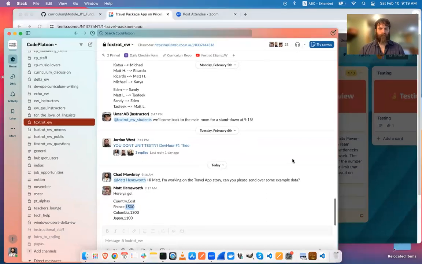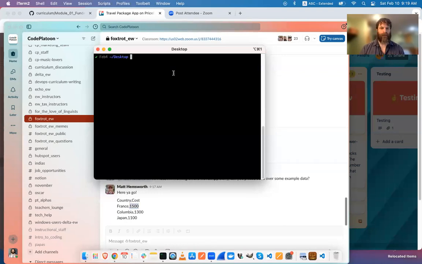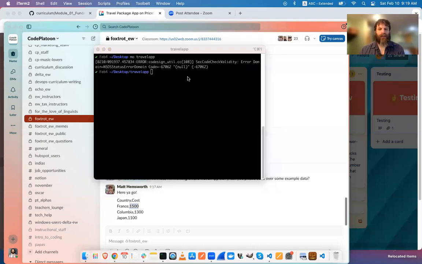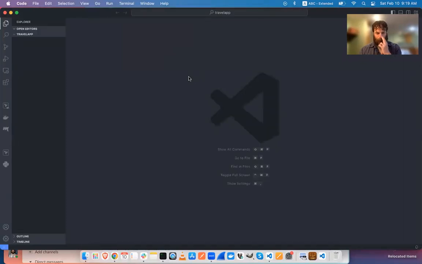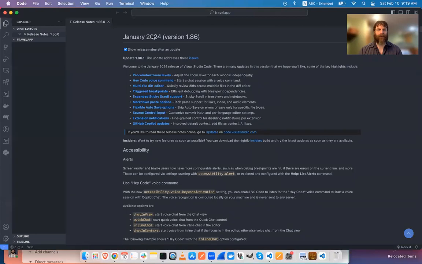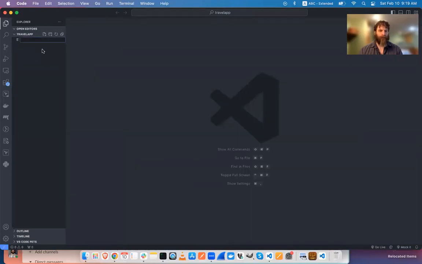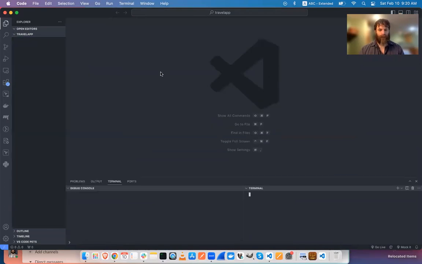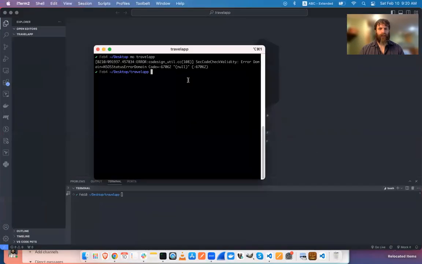So let's go ahead and get started. I'm going to create a repo. This is just a function that I have that will create one. You can customize your bash profile to do common things like create a folder and then open it in VS Code. So I just wrote a shortcut to do that. I can show that real quick. Anyway, I'm going to cd